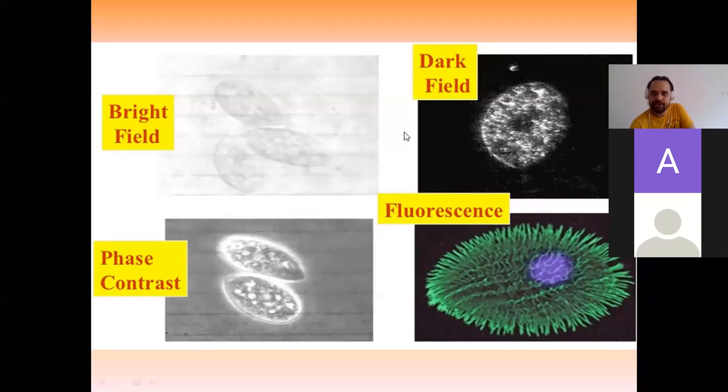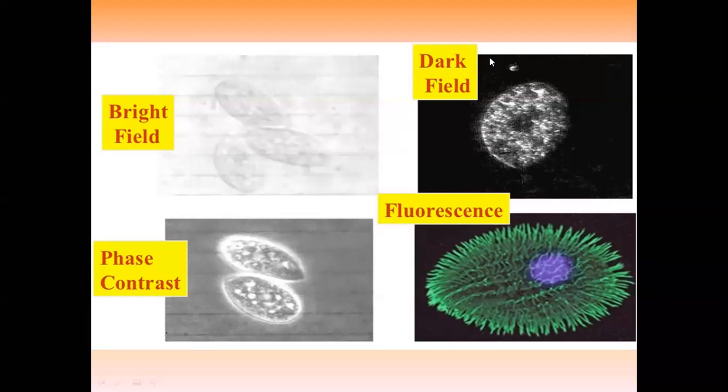So that is all about your four different types of microscopes based on their contrast feature. The contrast feature will show you whether the microscope is bright field, dark field, phase contrast, or fluorescence. So next we come to the introduction of your